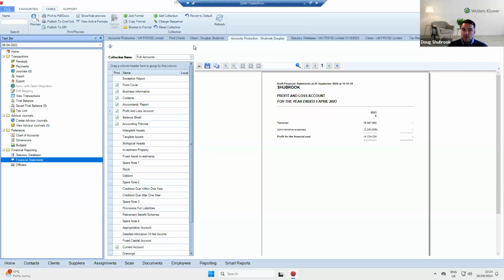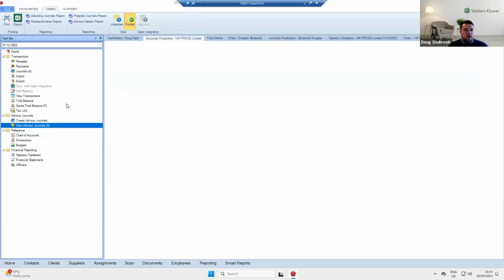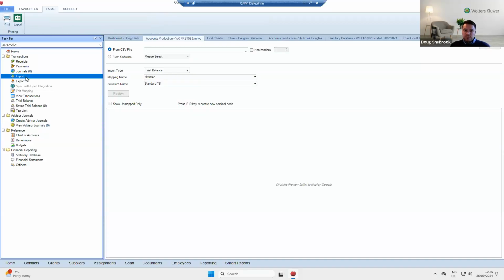So if we just have a quick recap on what I've talked about. First of all, we had the homepage area. If we just click on the homepage, you've got your job summary area and how you would go about getting that on your screen via the customize area. We've also, within Accounts Production, looked at the import section, and how you would set up your CSV